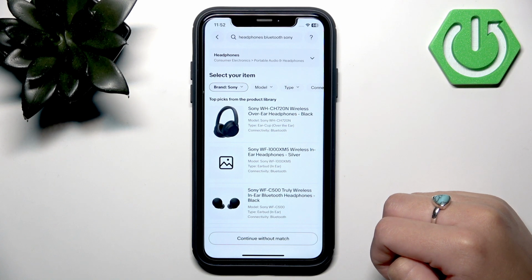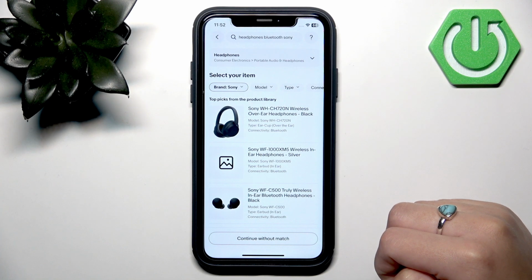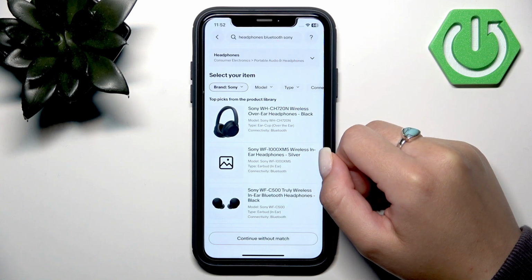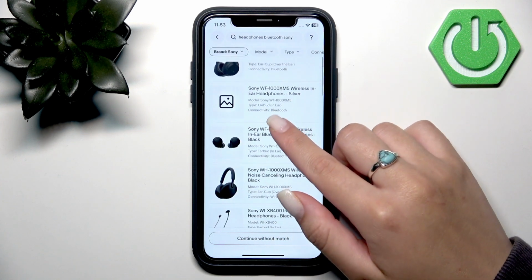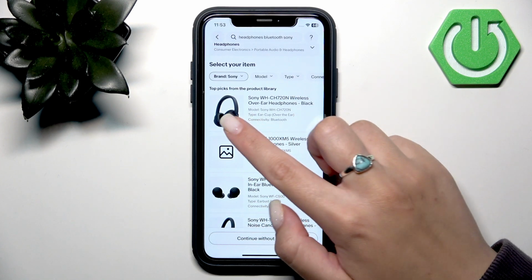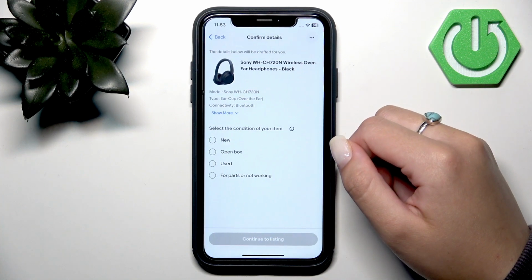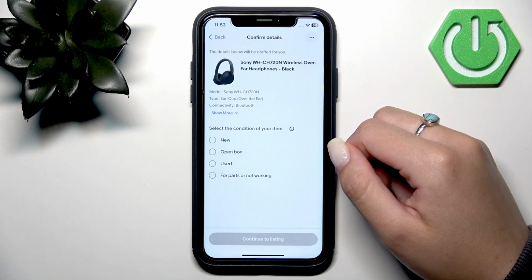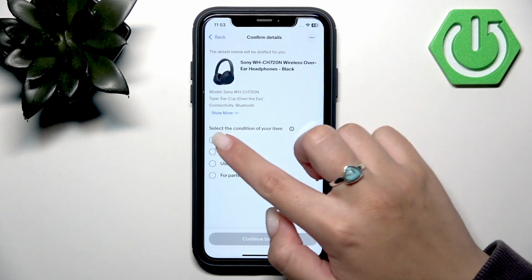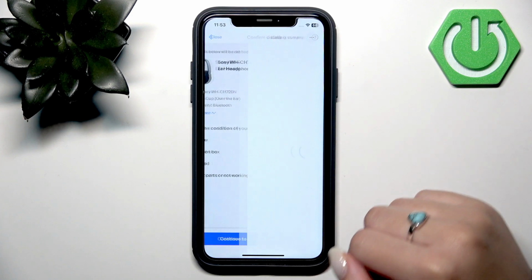And now eBay will suggest categories based on what you entered right here. So choose the most accurate one. For example, I have a match with this one, so I have the same headphones and I want to sell them. So tap on it, and now you want to select the condition of your item. So for example, my headphones are new,